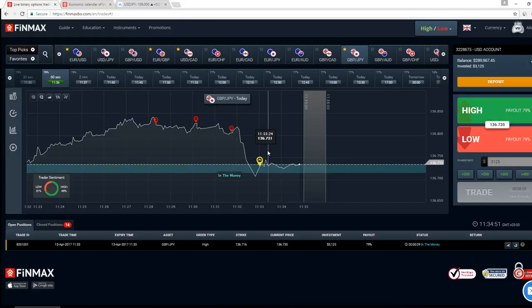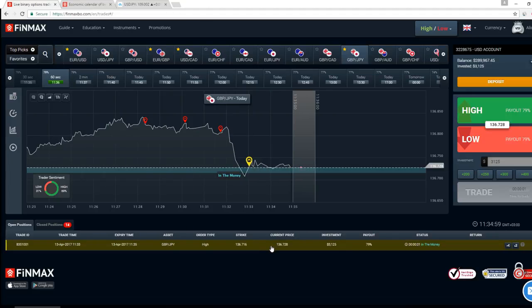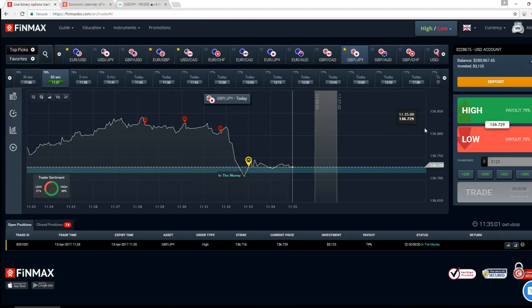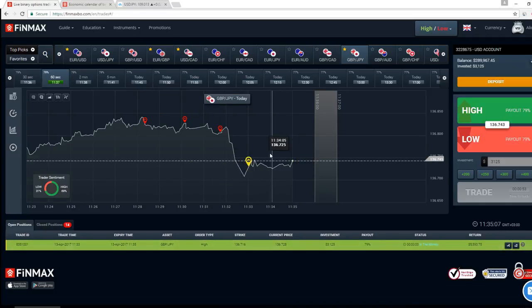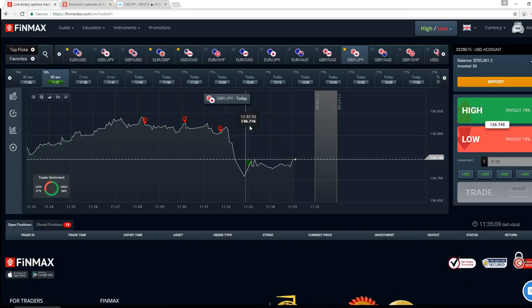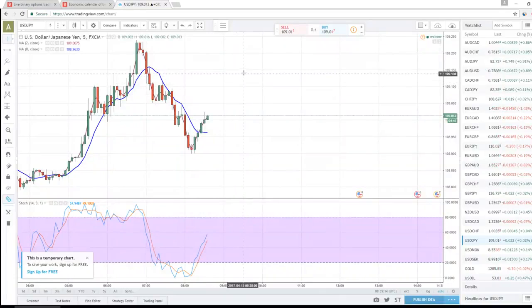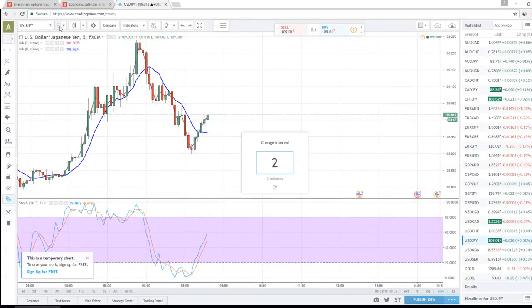Three trades in a row were out of the money, so I had opened the first one almost when the price was at its minimum. Right now there is potential that it will keep growing, but I won't open the trade. I won't enter for the next circle. So, as we saw how it works on the short time frame,